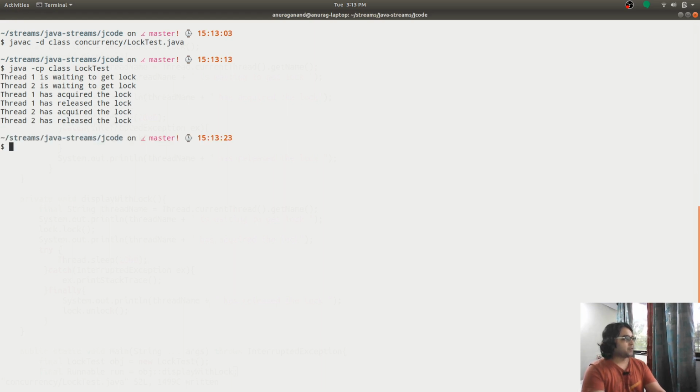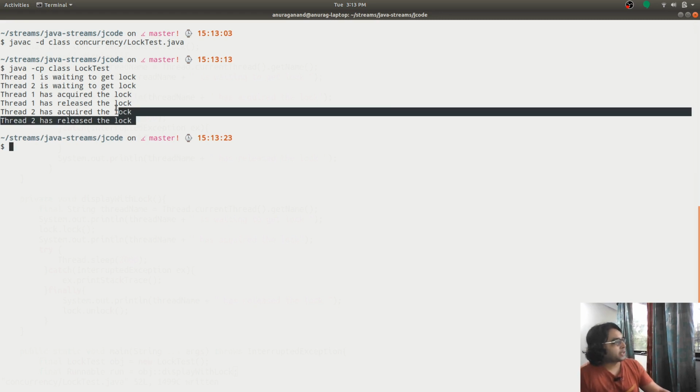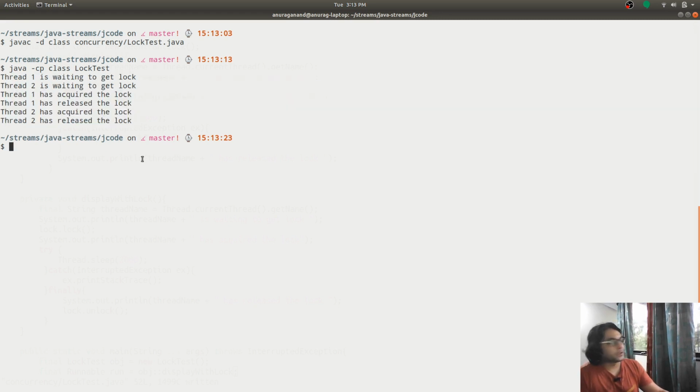So you see now that we're getting the same output as last time, and this removal of the synchronized block and replacing it with lock and unlock functions from the ReentrantLock has made no difference, and this is how it works.